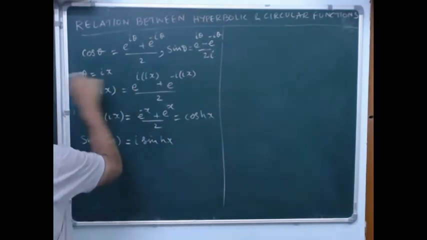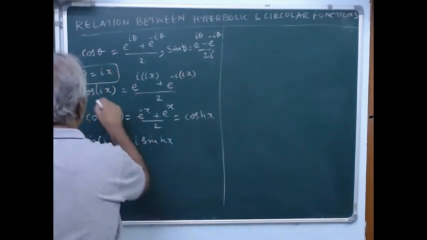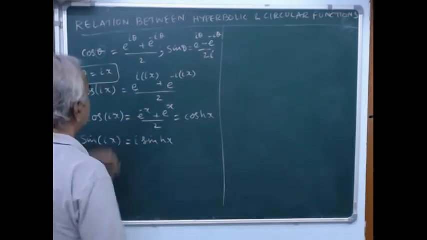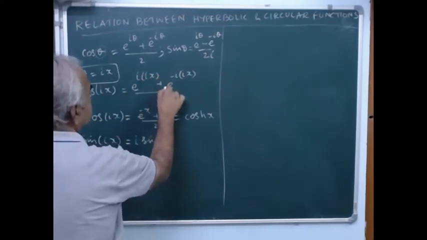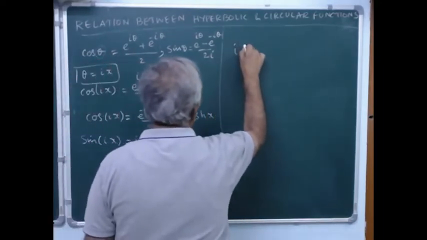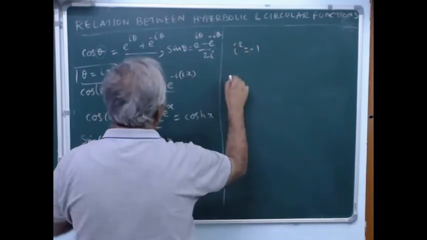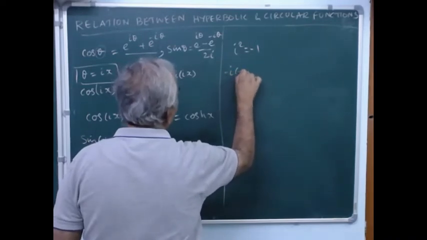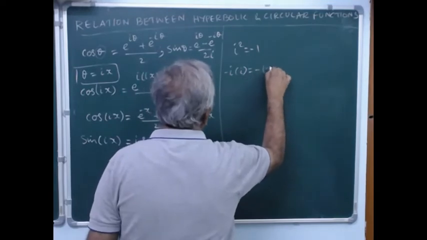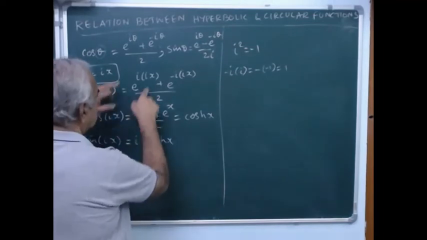So let us put theta equal to ix. Now we can replace theta by ix. So cos of ix is equal to e power i of ix plus e power minus i of ix. We know that i squared is equal to minus 1. And here, minus i into i is equal to minus 1, that is plus 1. Therefore, cos of ix is equal to